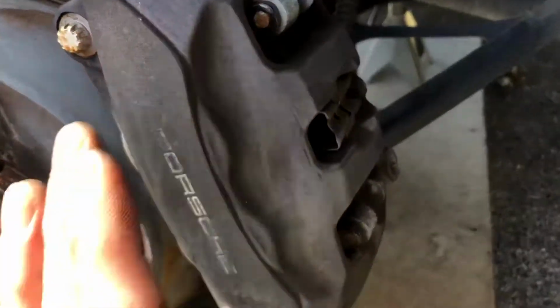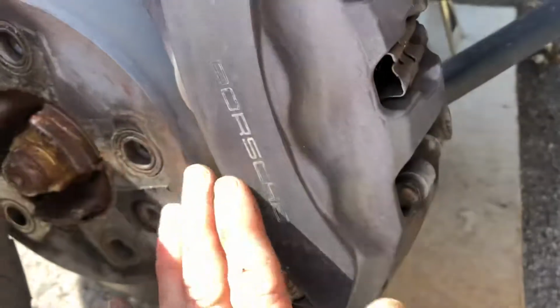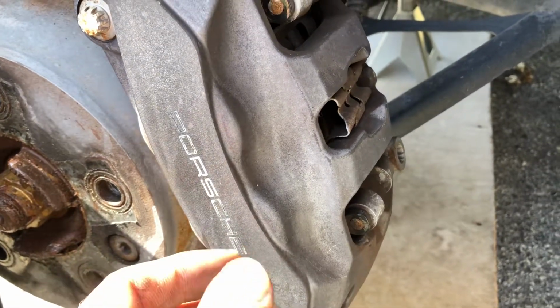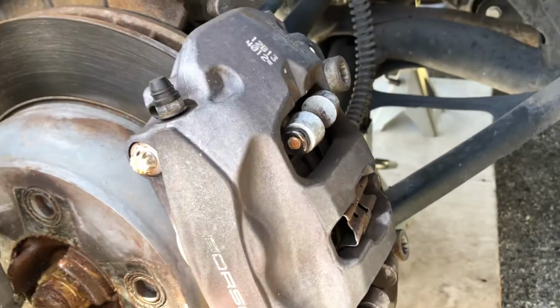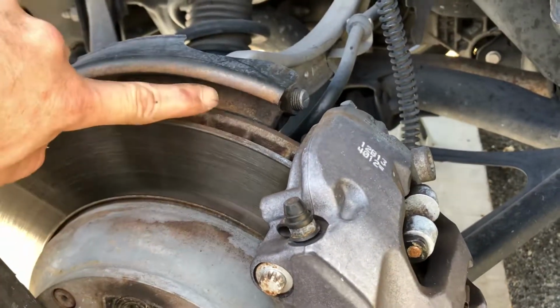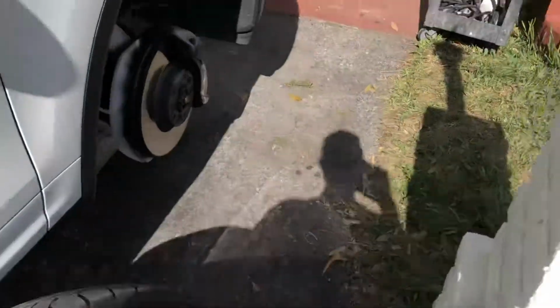To where you would paint it, get a sanding block with sandpaper and sand the paint off, and you'll have Porsche and aluminum all over again, and then you clear it. So he's gonna have to get a sticker. But what I'm gonna do is I'm painting this gold. I'm gonna paint that gold, I'm gonna paint this gold, and his